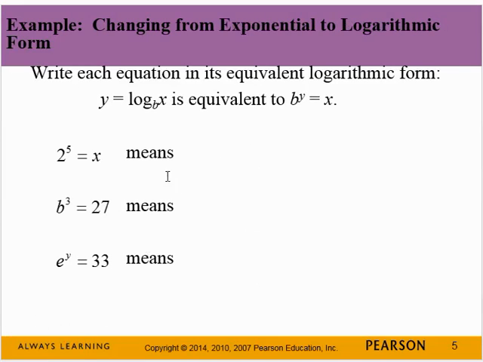Now we're going to go the other way. In this case, we're going to look at our exponent and go back to the log. So your y is your power, so you have 5 equals your log. B, in this case, is 2. And your x goes